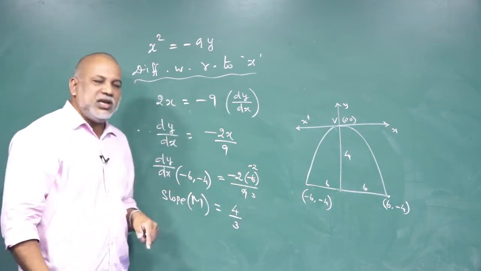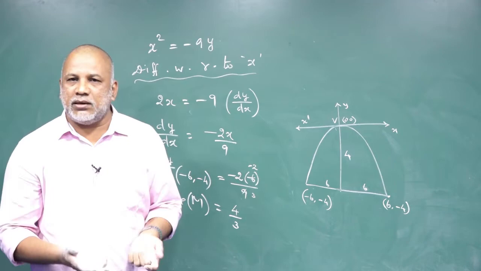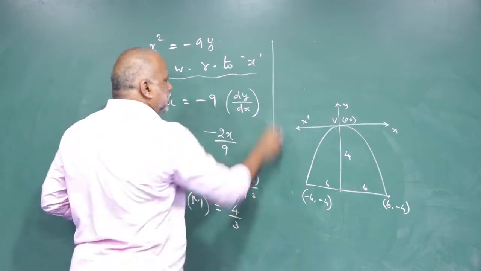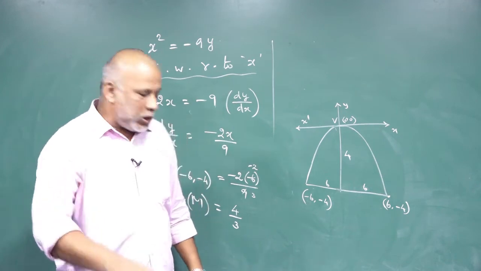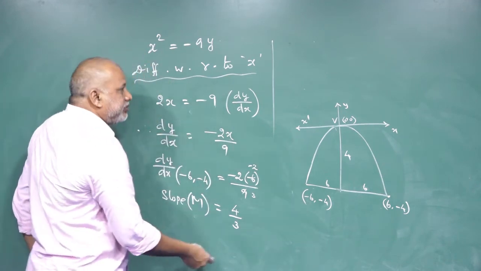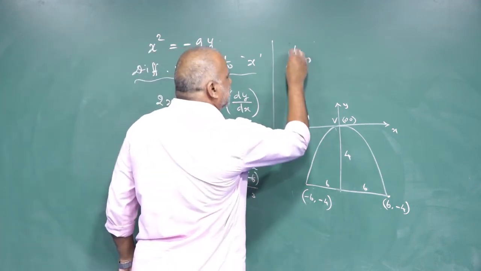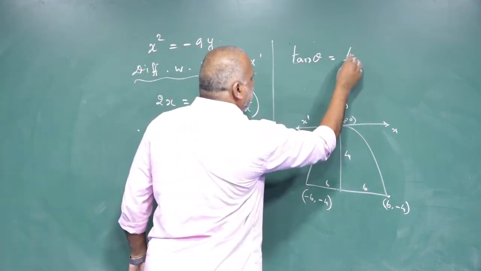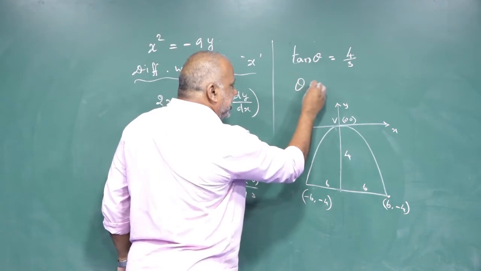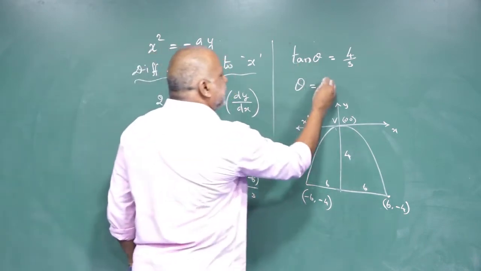So what is the meaning of slope? That is nothing but tan theta. In your lower classes, you used the concept slope m equal to tan theta. Instead of this m, I am using tan theta. So tan theta equal to 4 by 3. We need the theta. Theta is the angle, so tan inverse